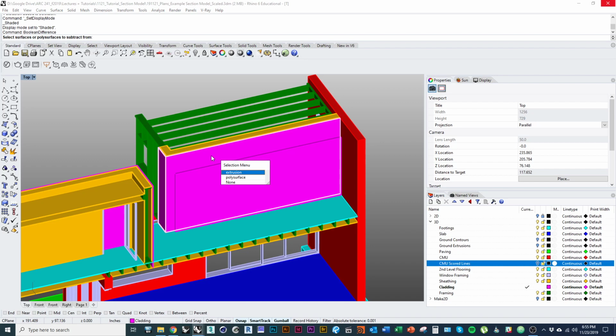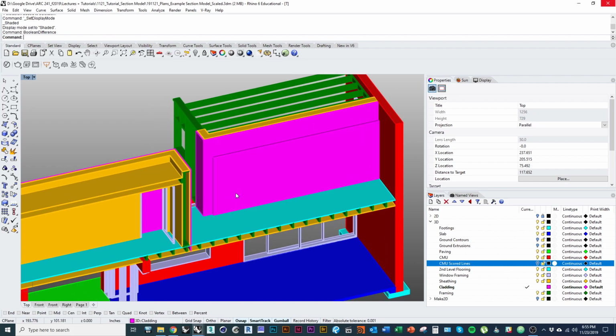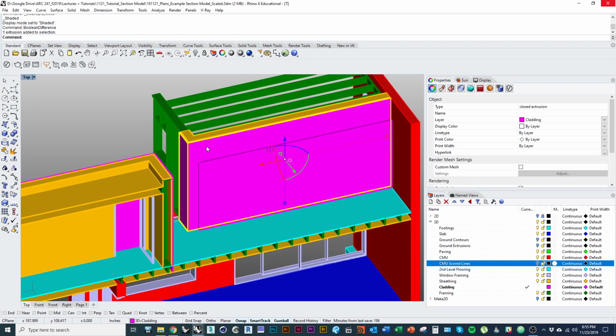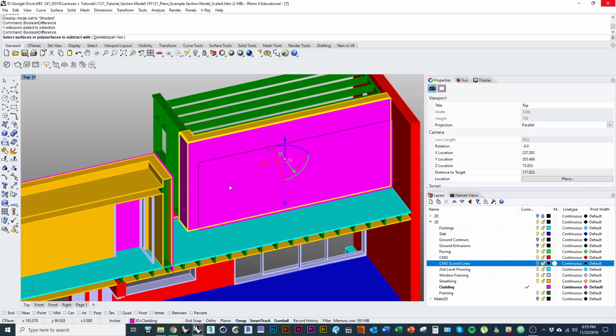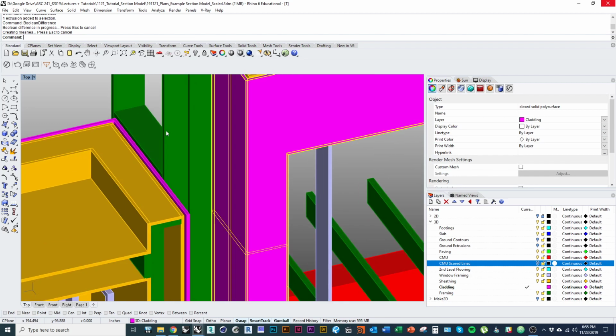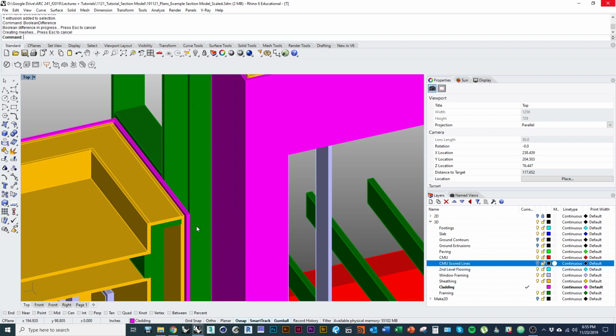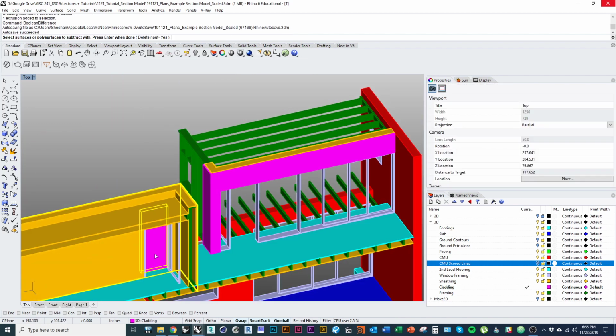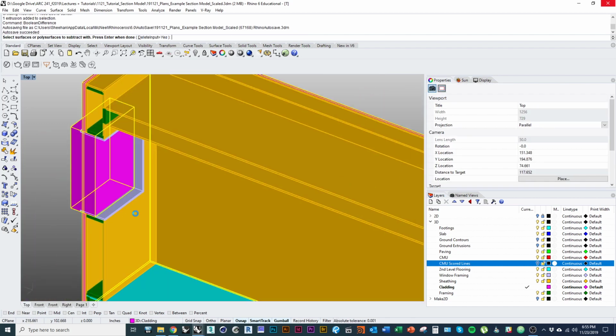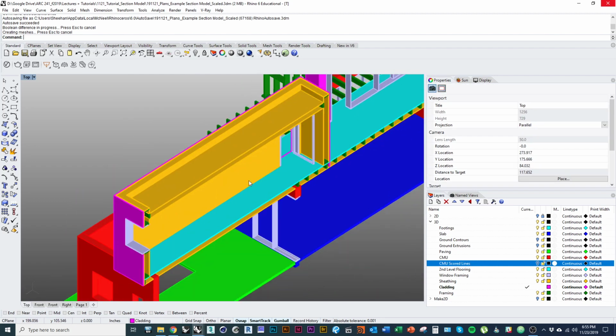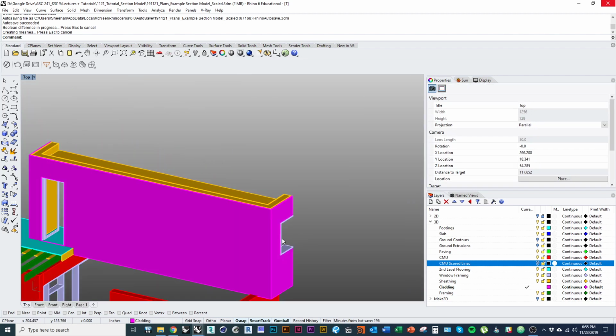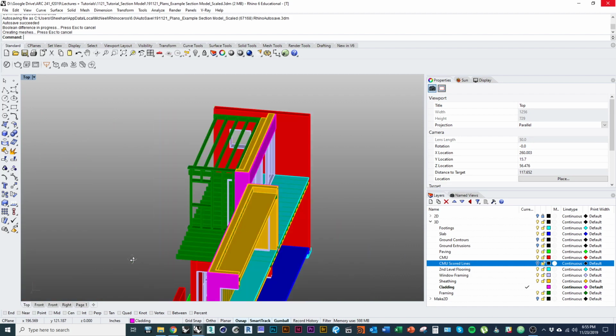Boolean difference. Oops, why didn't that work? All right. And then